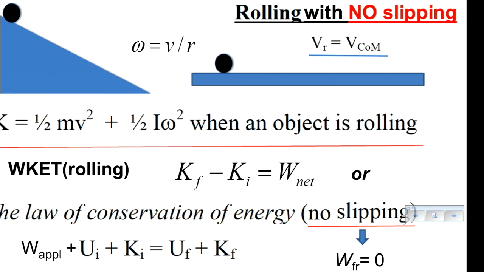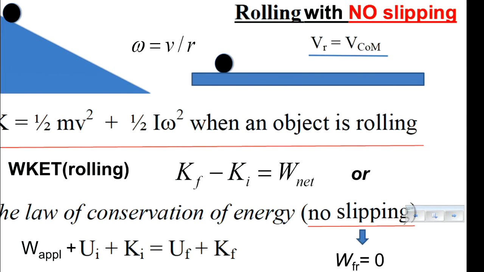In general, when something rolls, in addition to kinetic energy, potential energy might change. Gravitational potential energy changes only when an object changes height. If it goes up, potential energy increases. If it goes down, potential energy decreases. And,